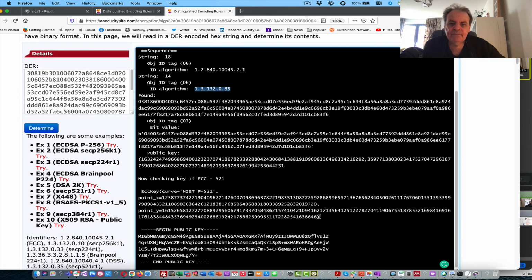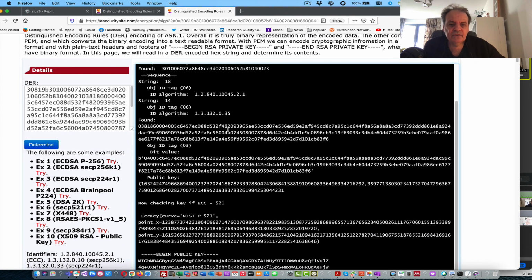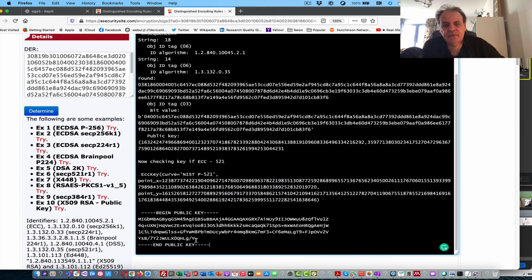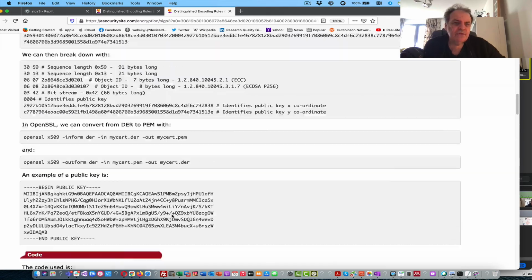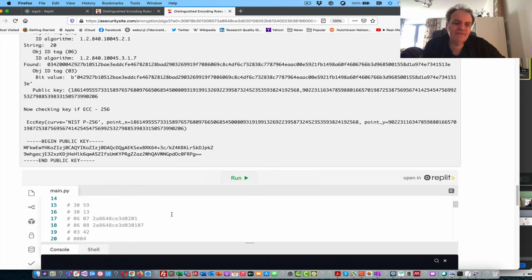Then we import the DER string here, this whole lot here, and then we'll put that back. We'll import that, and hopefully we'll get our key back there. And then what we do is we export that into a PEM format, and we'll get this one here. Okay, so that shows that that's working, hopefully.